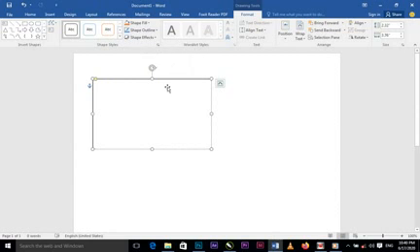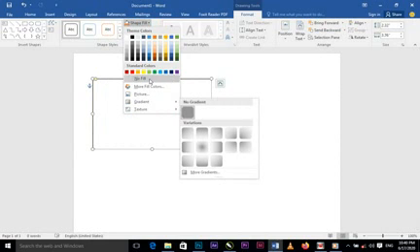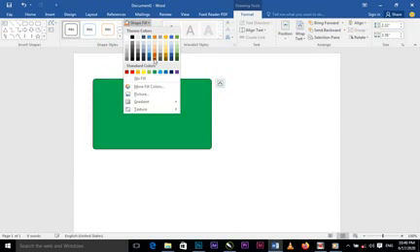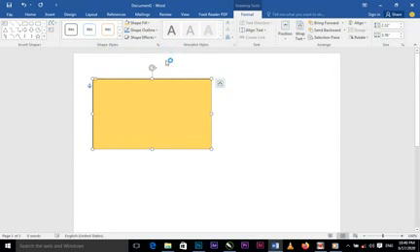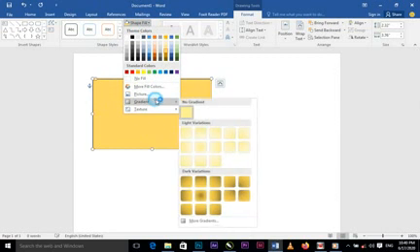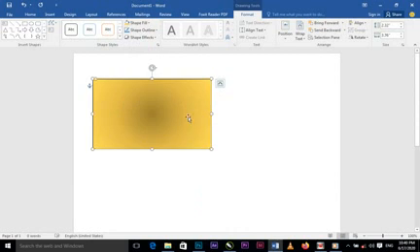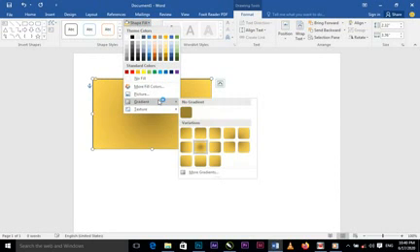First thing what I will do is to just click on fill. I want to use a gradient background, like using different types of color. And then fill, then gradient. I can choose any one of these for my background, or if I don't want to use that, I can only download a background